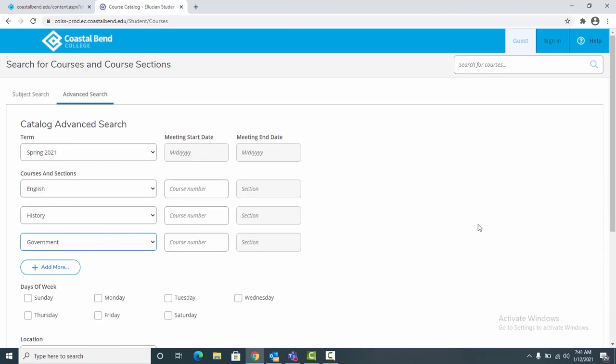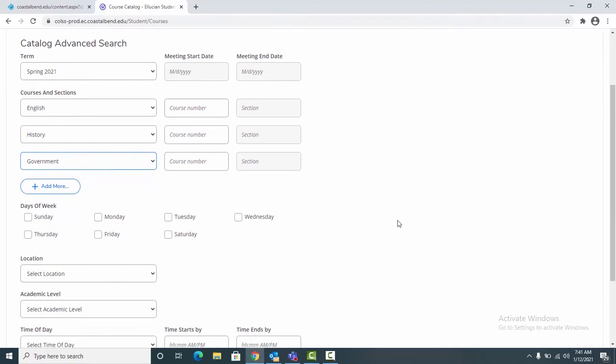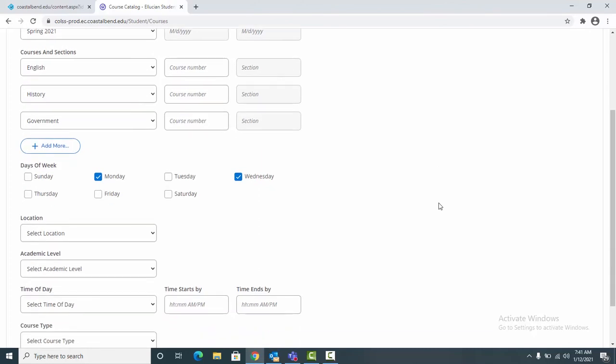So if I need to be full time, I would need to add another course right here to make myself full time, for whatever reasons, financial aid, Pell Grant, whatever the case might be. But we'll leave it at that for now. And once again, let's limit it to Monday and Wednesday, because a lot of the courses that you take are a Monday, Wednesday format, or a Tuesday, Thursday. Again, there's some flex courses that could be on a Saturday, or it could be on a Friday, depending on